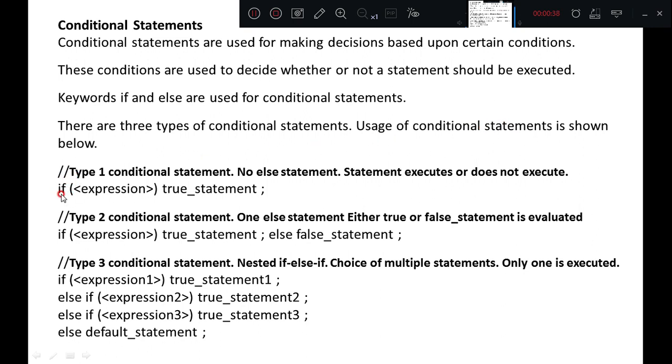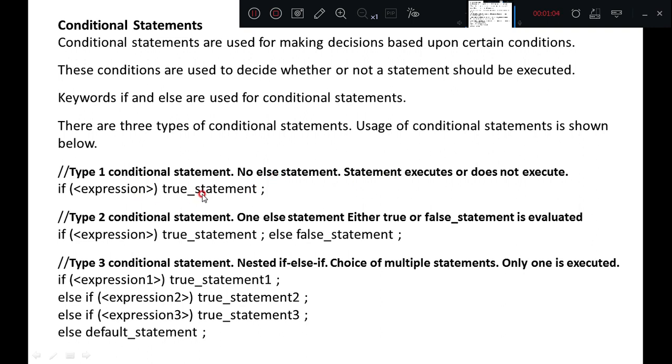Type 1: if an expression, that is a condition, needs to be checked. If the condition is true, the true statement is evaluated. The second type: in type 1 you can observe that we have not written an else part. So if the condition is true, then the true statement is evaluated.